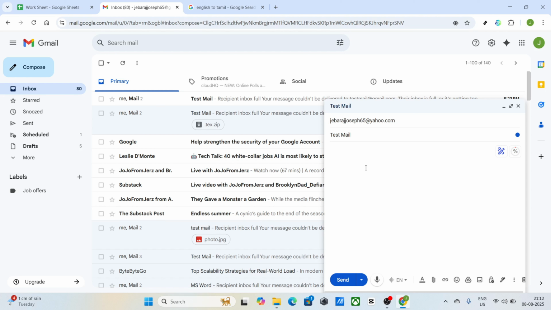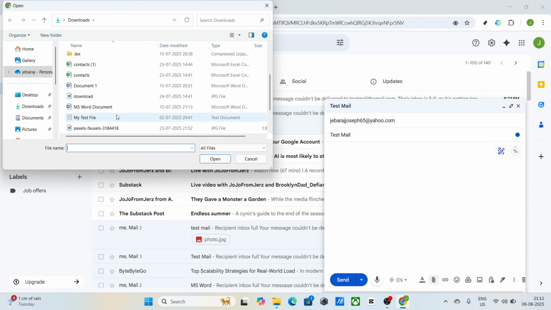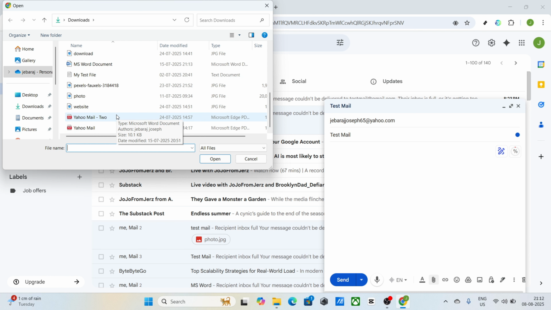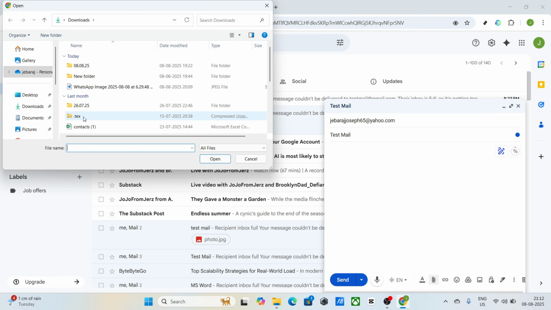Moving on, let's talk about attaching a PDF file, which often plays a vital role if you're sending documents. At the bottom of your Compose window, you'll notice a variety of icons. Look for one that resembles a paperclip. That's the attachment icon. Click on it, and your File Explorer window will appear, letting you browse through your computer